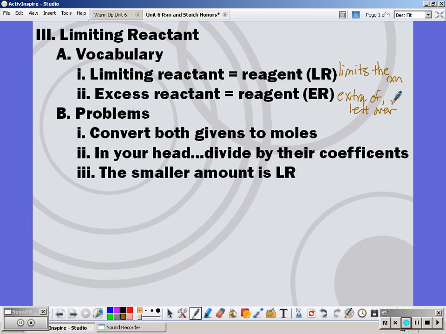You know it's a limiting reactant problem when you have two givens that go with two reactants. So when you have two givens that go with two reactants, you're going to take both of your givens and convert them to moles. Then in your head, you're going to divide by their coefficients. We don't want to write that number down, but whichever one is the smaller amount is your limiting reactant, which automatically makes the other one the excess reactant. So if we look at an example,